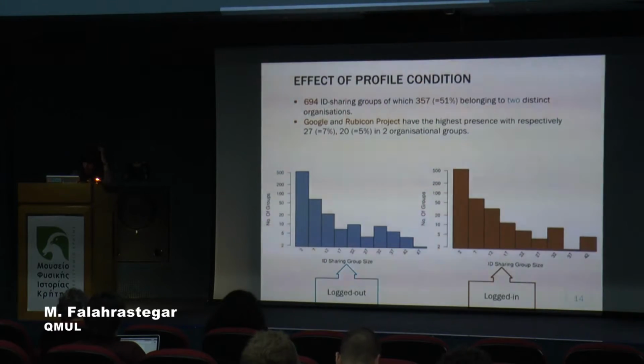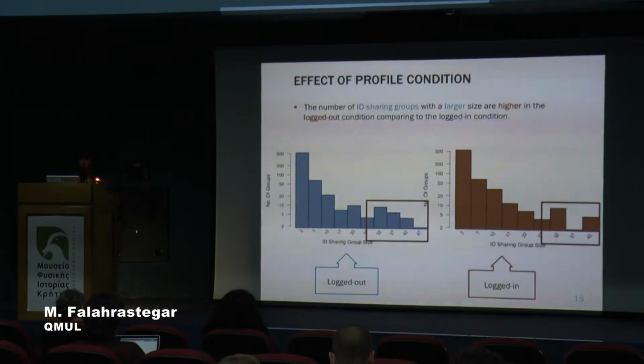Looking at this figure, which shows the number of organizational ID sharing groups against their group size, we see that again in the logged out condition, the number of ID sharing groups with bigger members is higher. Here in the logged out mode, we have about 23 unique ID sharing groups with more than 30 members. So there are more than 30 different organizations collaborating in one ID sharing group, implying complicated communication between these